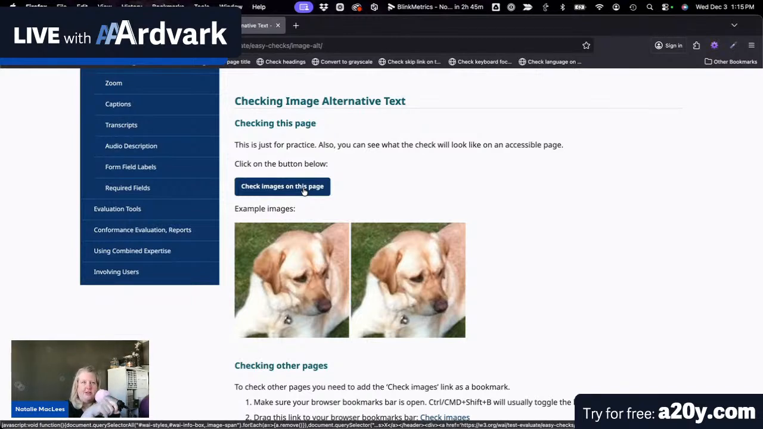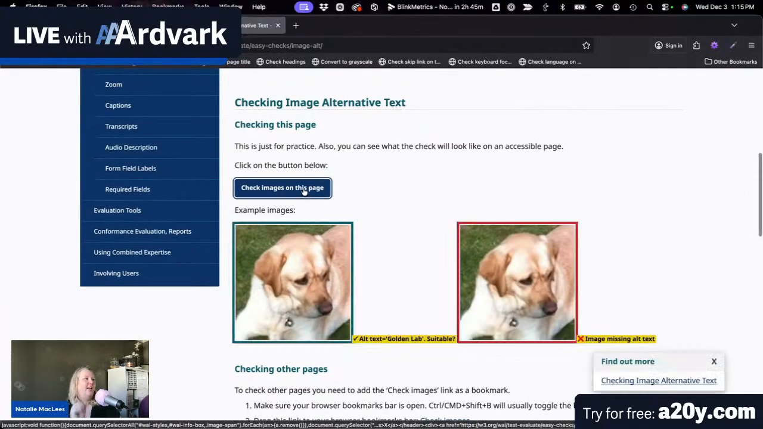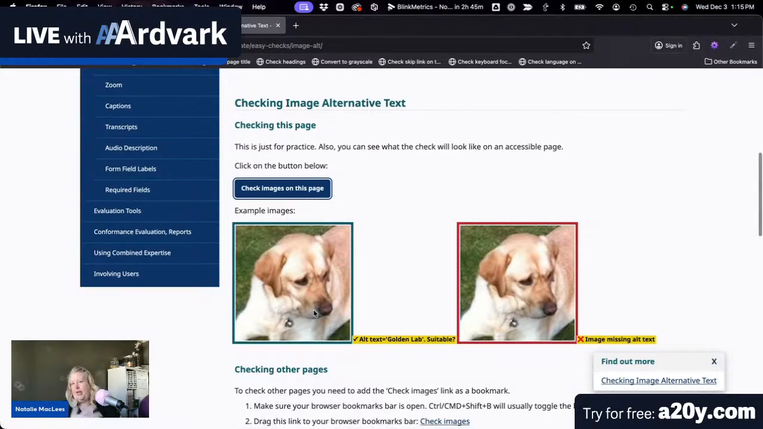All right, so we have some example images here, and the little bookmarklets are built into the pages of this lesson, so I think it's really helpful. I can just click this button, and it will actually run the bookmarklet. And I can see now that the left picture, so we have the same picture here twice, the left picture just says Golden Lab and has suitable